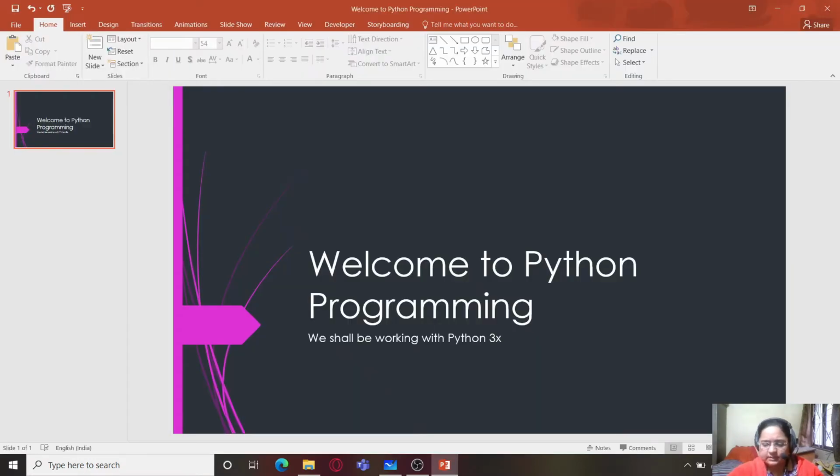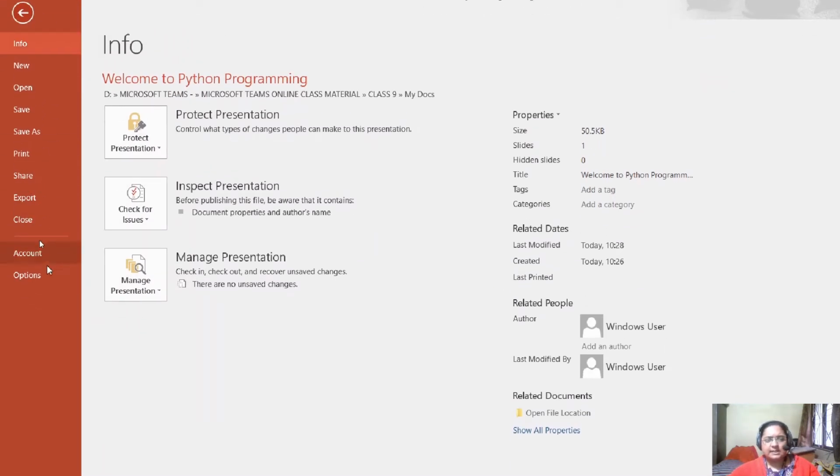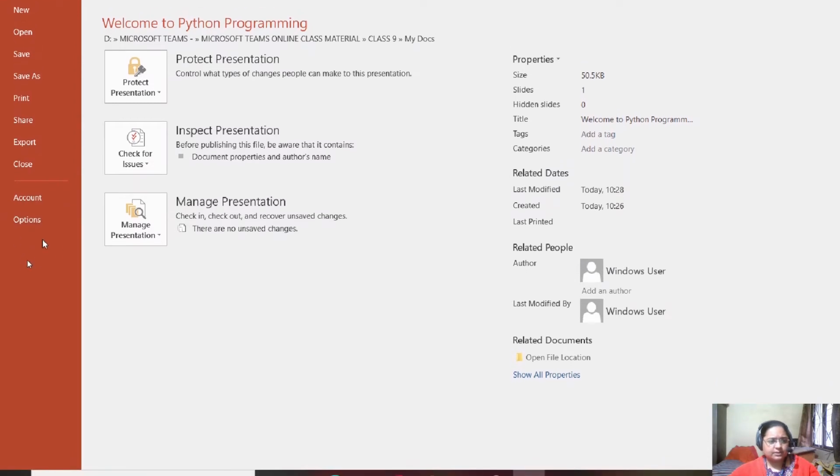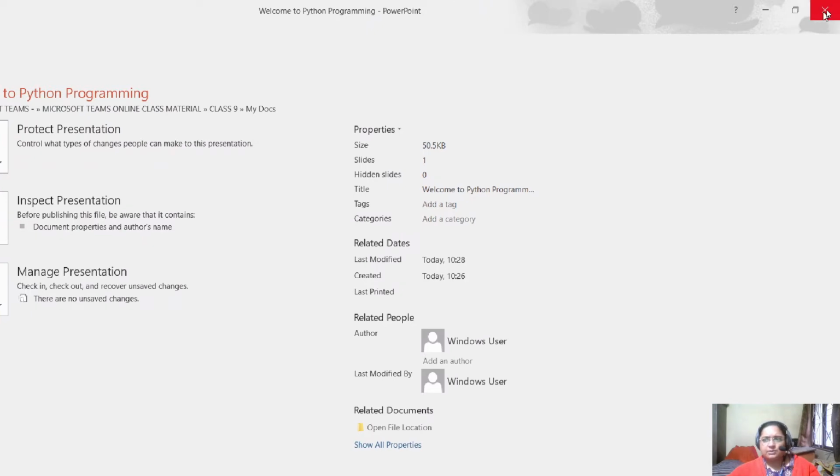So for that, how we'll be doing is, we will be going to the file tab here, and within the file tab you can see the close option. In 2016 version, 2013 version, you don't find an exclusive exit option over here. For that you need to use this.